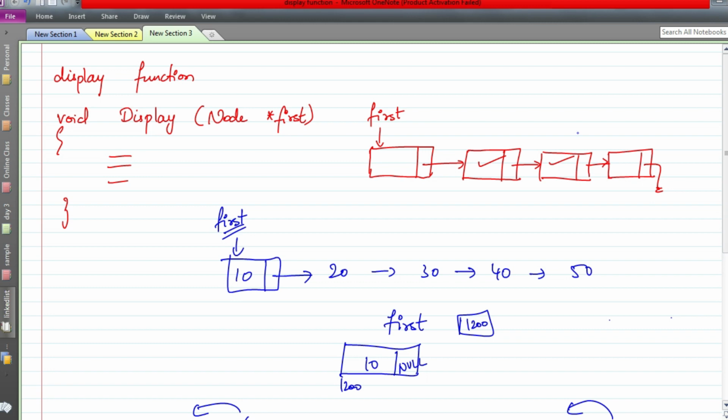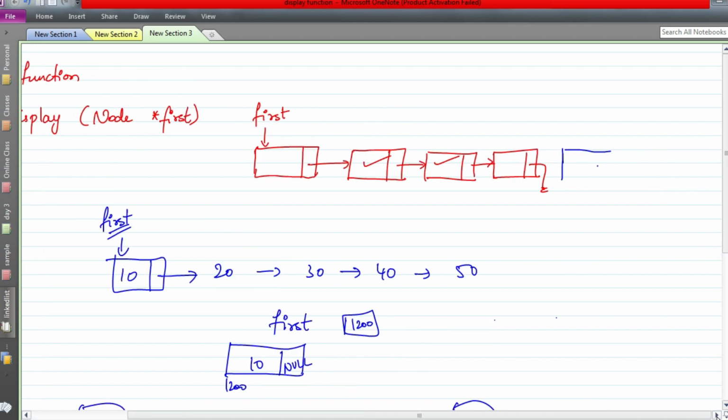Right now, we have to insert an element at the end of the list. To insert it here, what all things are required? First, we need to create memory using the malloc function. Then we are going to store a number, say 40.